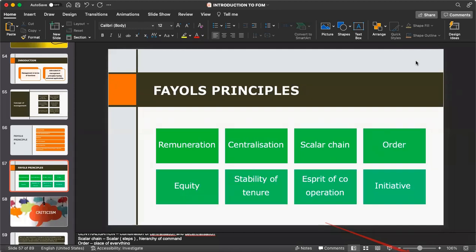Equity, Anubhav, is more about fairness of decision making. There should not be any bias. And stability of tenure means, for example, whenever you are joining a company, a particular person will take some time to settle into that environment. That is called stability of tenure. See, Nikhil, scalar chain is basically nothing but a step-by-step procedure to solve a particular